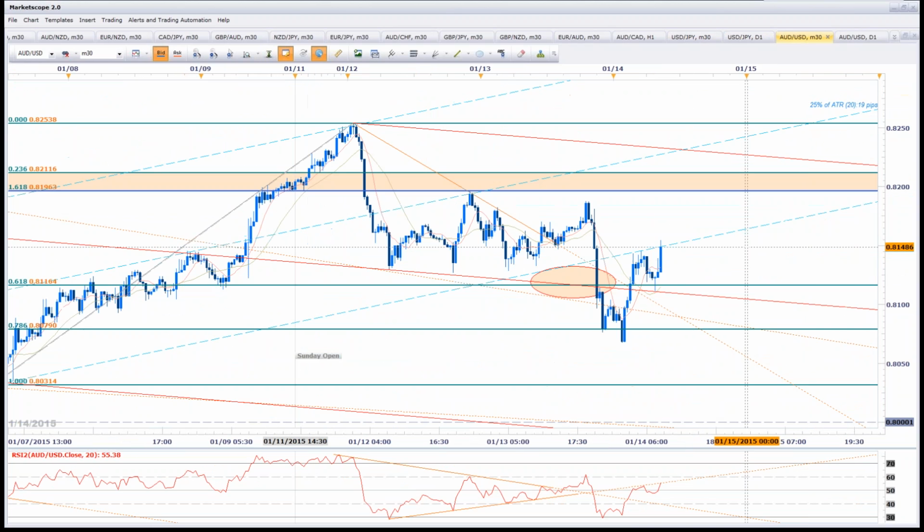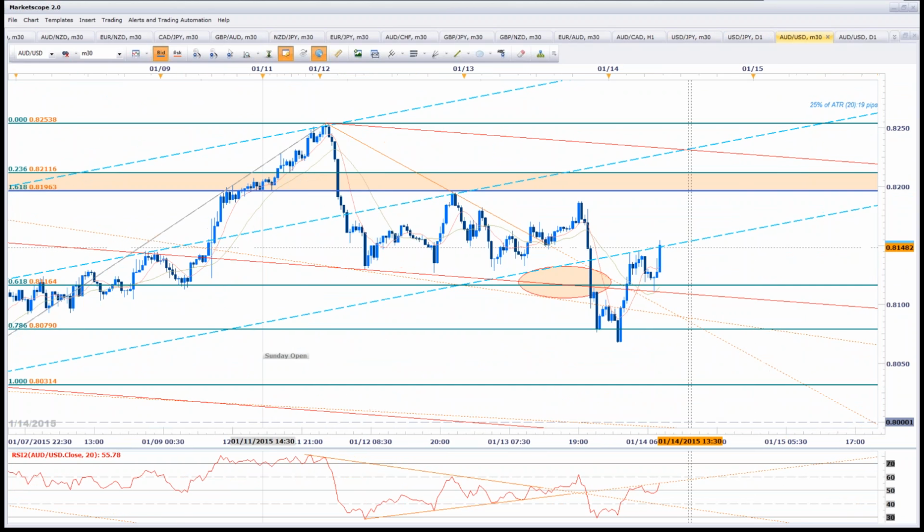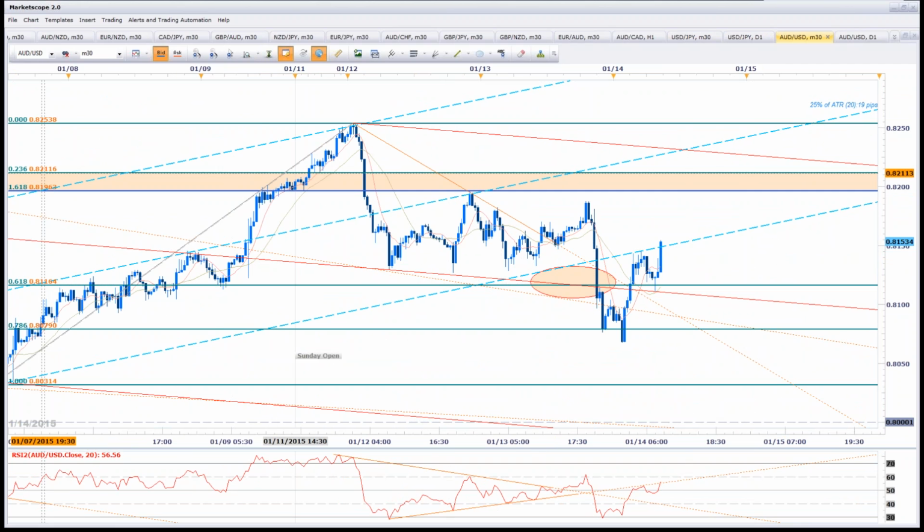Aussie dollar also, if we break back into the confines of this, you could see a recovery back into those highs that we made last night. For those of you who were on Twitter last night, I posted this pic. Well, I don't want to waste time bringing it up right now, guys, but it was basically highlighting this region